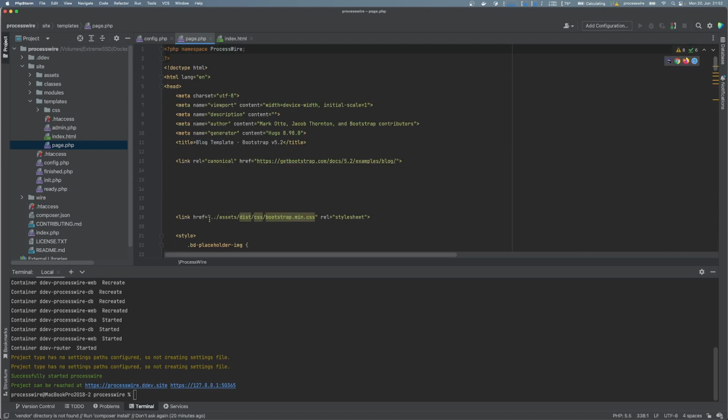So, okay, what we can see here is, if we just skip this part, the first thing we can see, oh yes, we need some Bootstrap CSS. We don't have it right now. Okay,